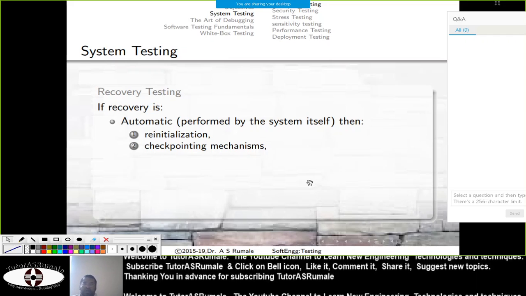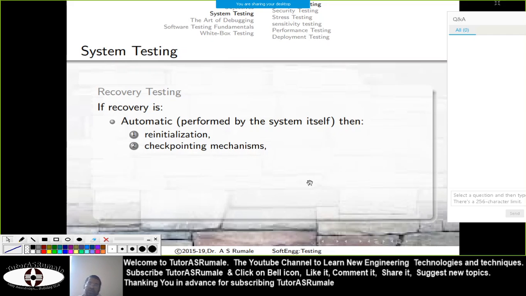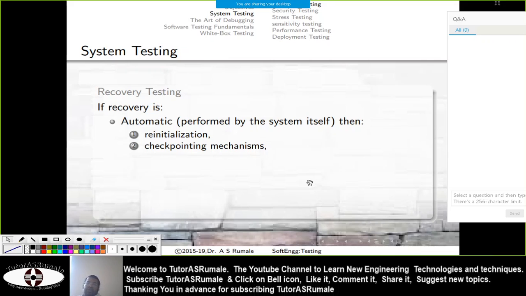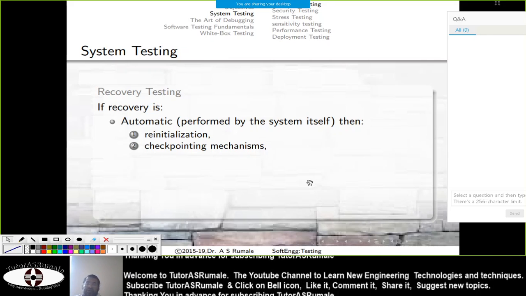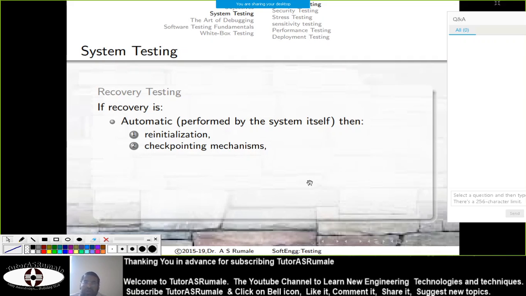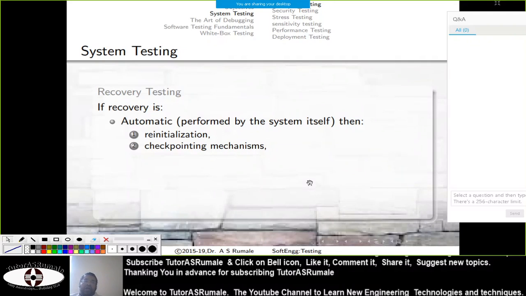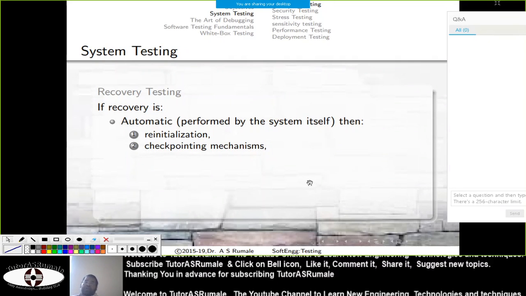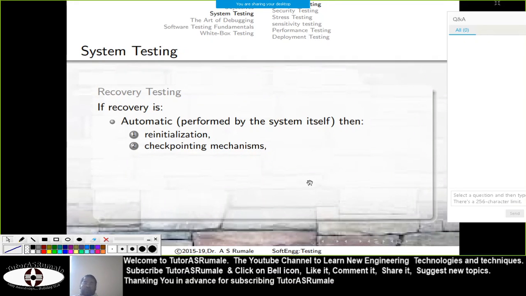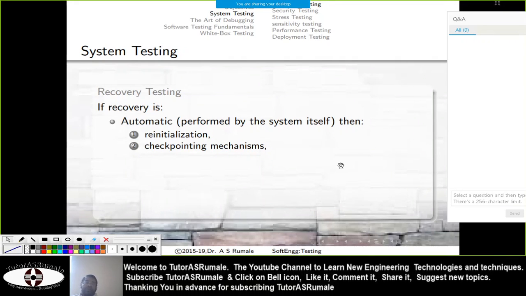Once those log records are checked, it saves them. And when you start the system, it goes through that log record and starts the system from the failure point onwards, and that is what we call a checkpointing mechanism.